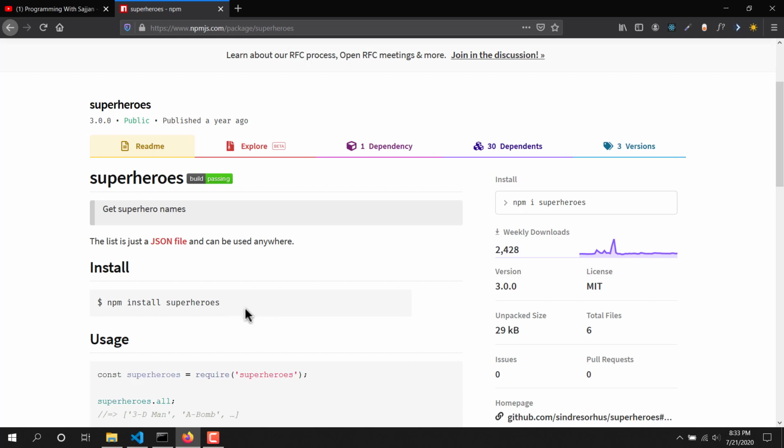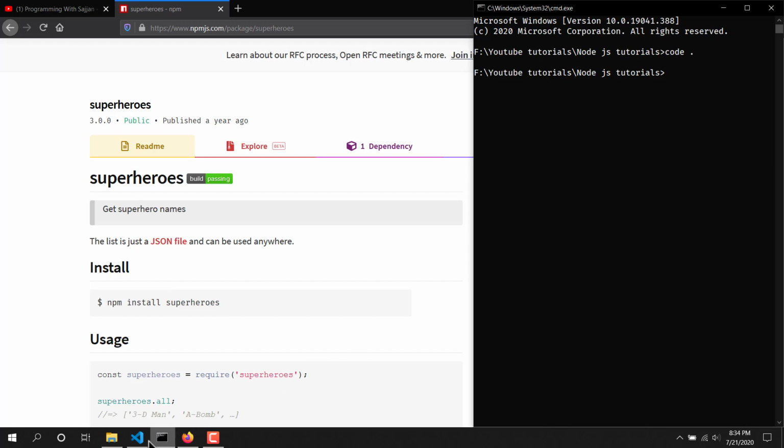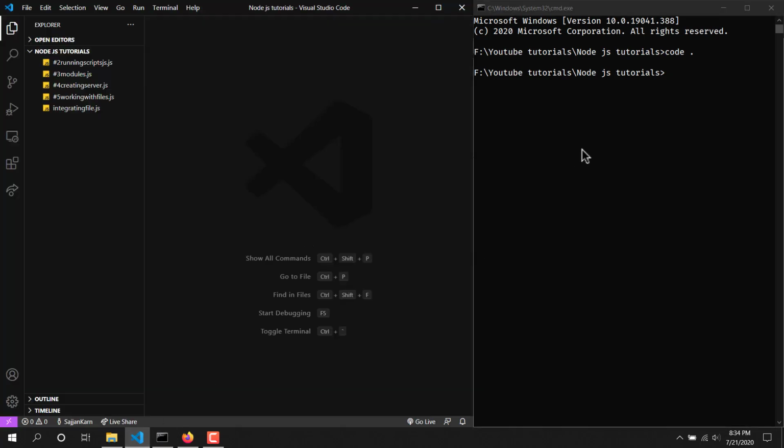So in order to install any package, you just have to copy this npm install and that dependency's name. But before actually installing the dependencies, first we have to initialize the package.json file. And what is that package.json file? Actually it allows us to install dependencies. So first, in order to initialize the package.json, you just need to write npm init -y, or you can just write npm init,